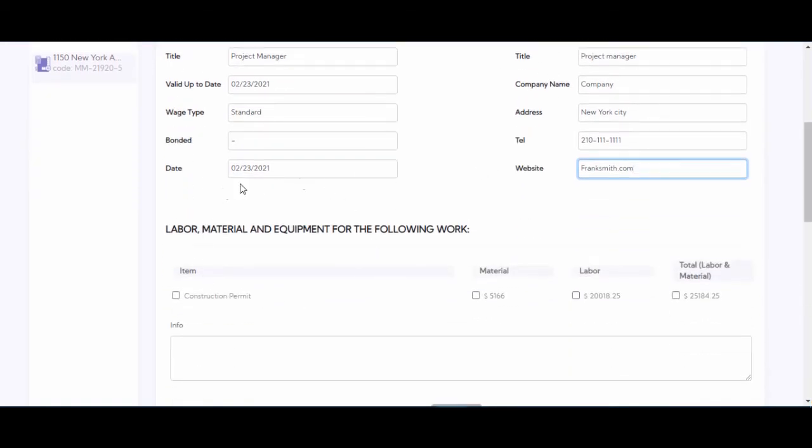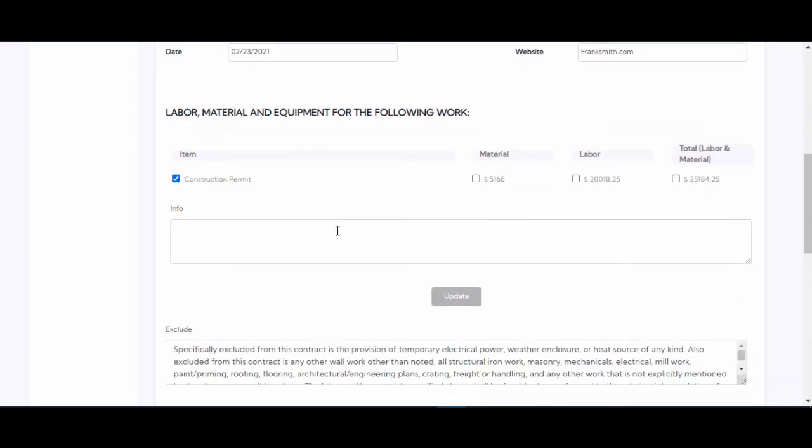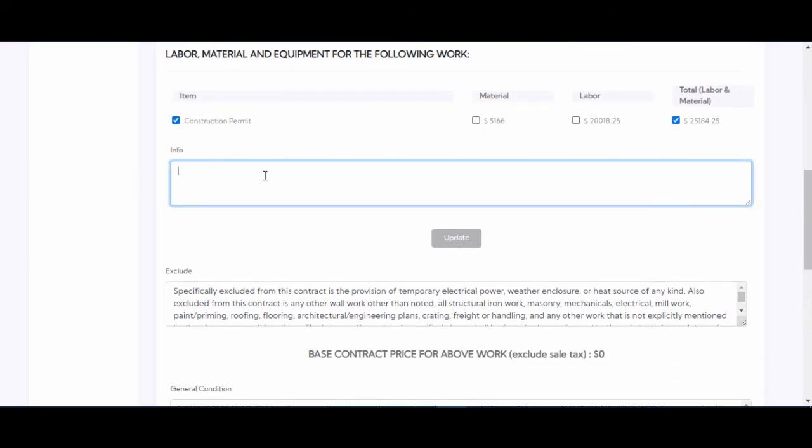And then in this section, all the items that you included in your estimate are here. We only have one item, the construction permit. So you can choose whether you want to include it in this report or not. We include the item, and then again you can choose whether you want all the details to be included, the material, the labor, and the total cost, or maybe you just want to put in the total cost and exclude the material and labor. And then here in this part you can add extra information,